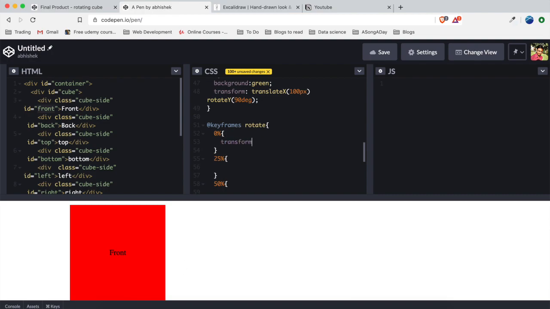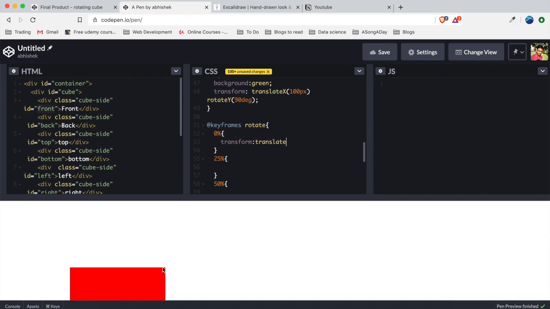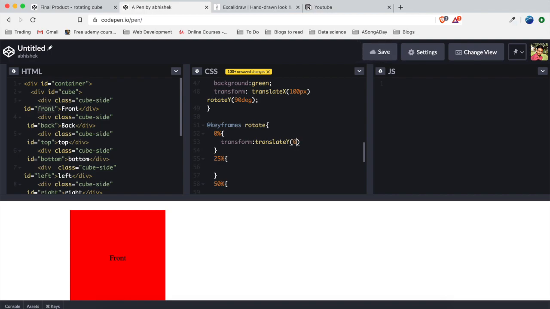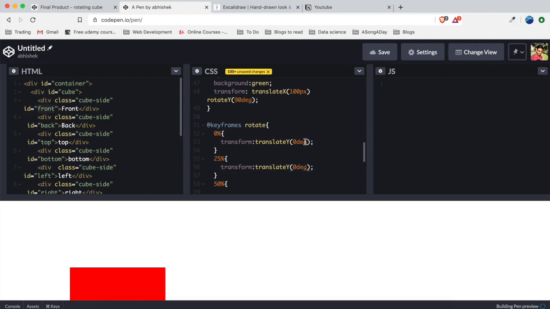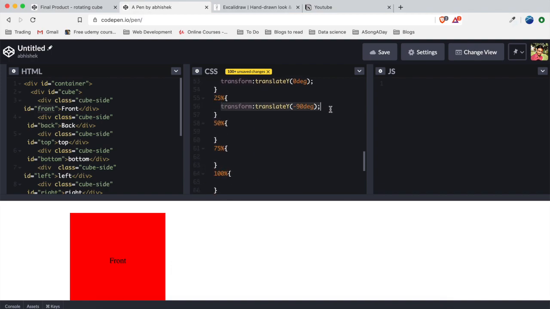Transform, translate. This is going to be revolved on this axis which is called the y axis. So we will put y here, and then it will be 0 degree. Now let's copy it and put it here, and then we are going to rotate it from front to the right side, so it would be minus 90 degrees, and then we have to rotate it like this.